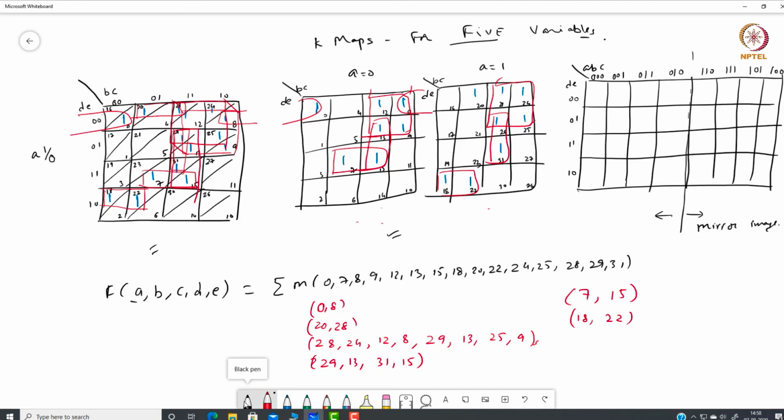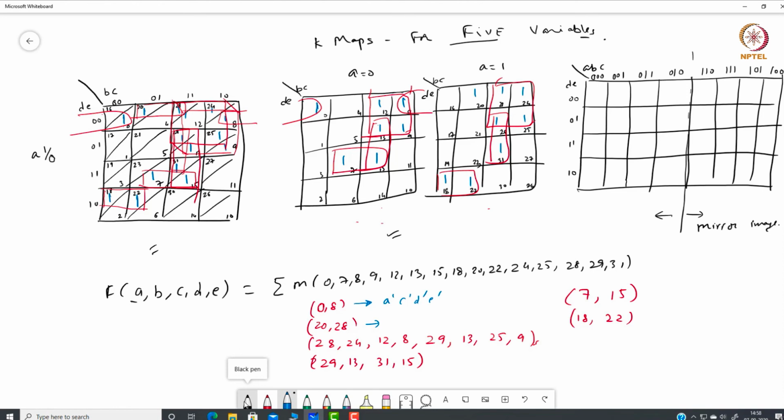Okay, so now given these variables, how do we find product terms? It is the same method which can be extended here. For the product term, for example, take 0 and 8. They are both in the lower triangle, so it becomes A dash. A dash is the invariant part, and here C dash is the invariant part, and D dash and E dash. Similarly for 20 and 28,